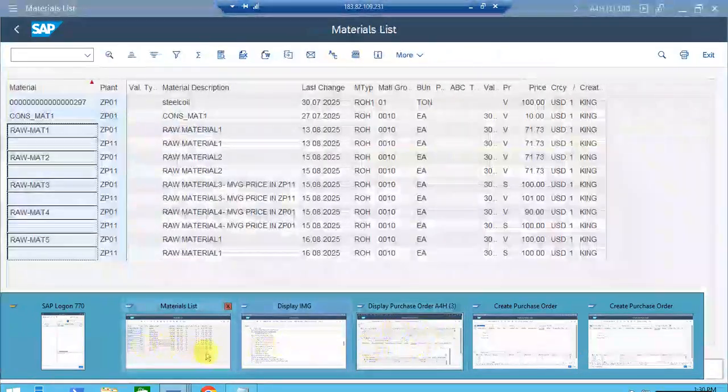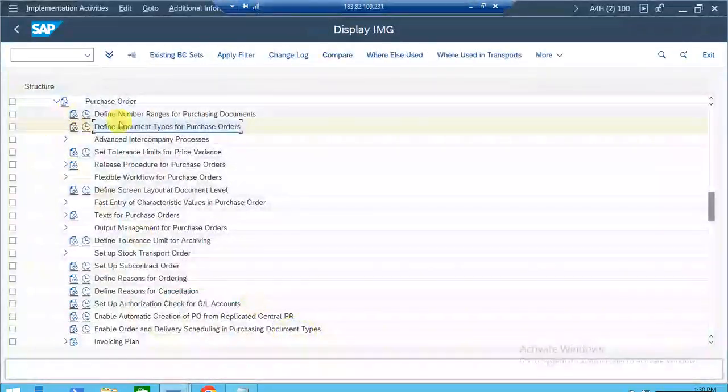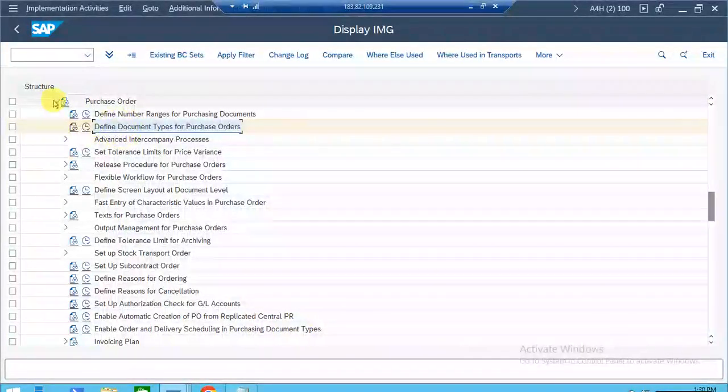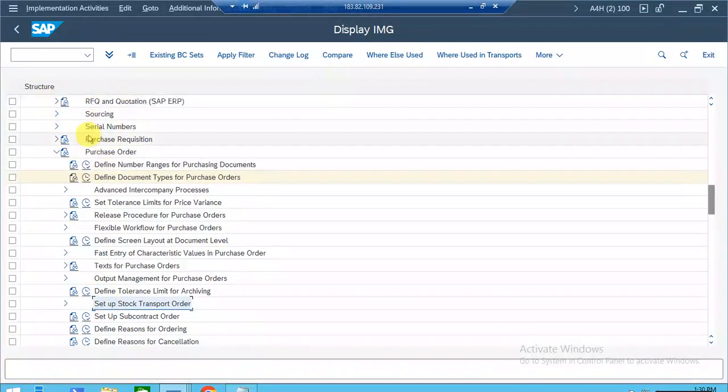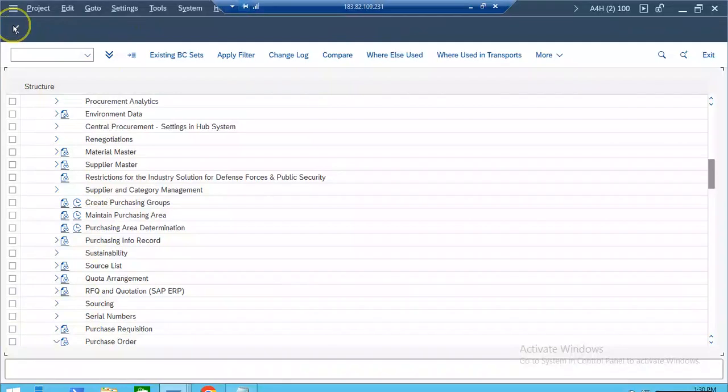Now we'll go to the next configuration setting. The next configuration setting is to set up the stock transport order under purchase order. Okay, same configuration setting,